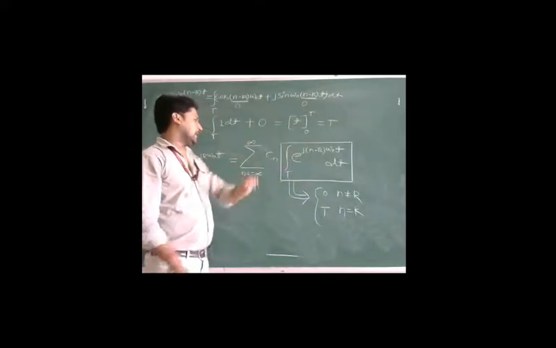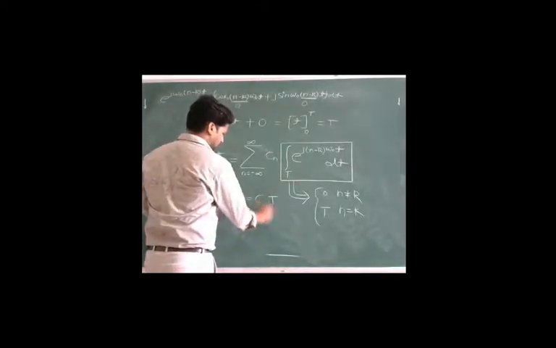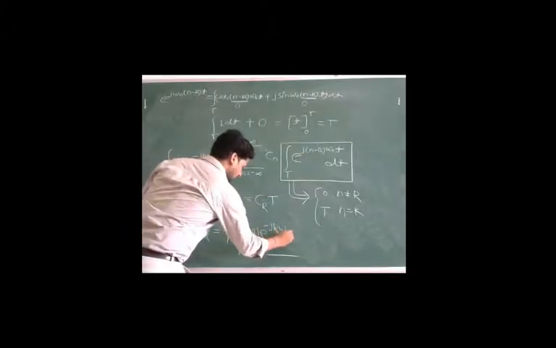So I will put t in place of this integration directly, and this expression will become the integration of x(t) e to the power minus j k omega naught t dt over one time period, which will be equal to Cn times capital T. In place of n, I will write k here because n is equal to k, so Ck times T. From here, Ck will become 1 upon capital T, the integration over one time period of x(t) e to the power minus j k omega naught t dt. This is the Fourier coefficient.